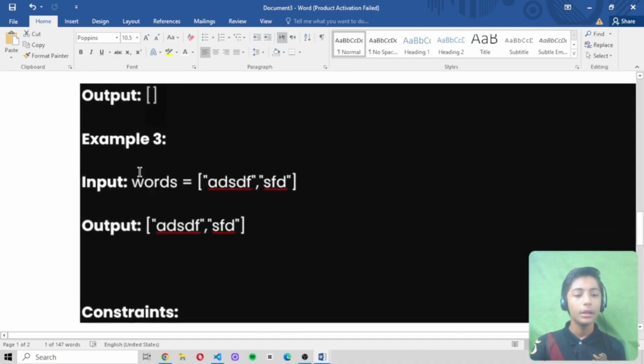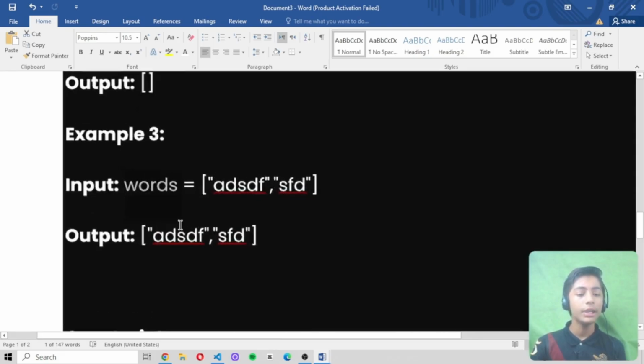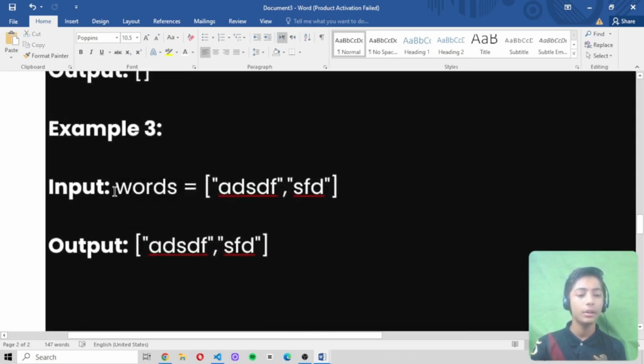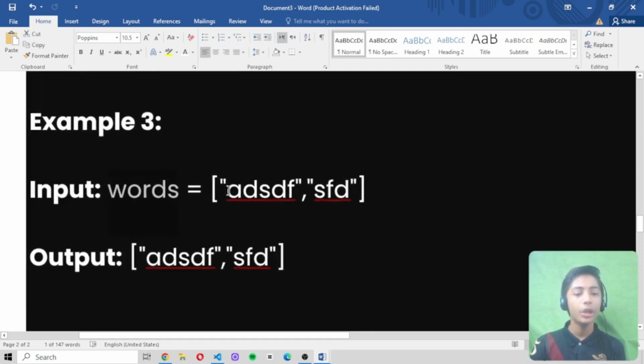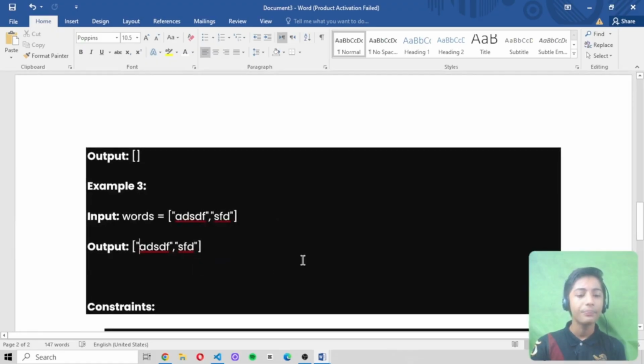Now in case 3, I created a string array named words, in which the input is ADSDFS as the first string and SDSFD as the second, and the output is both ADSDFS and SDSFD. Why?